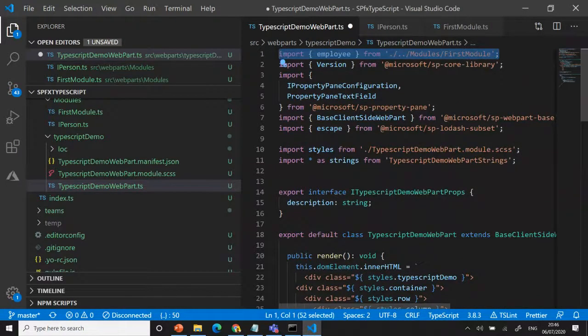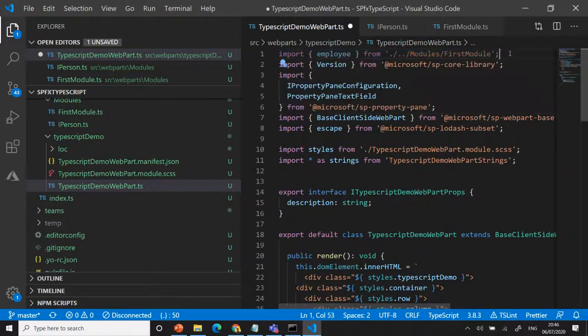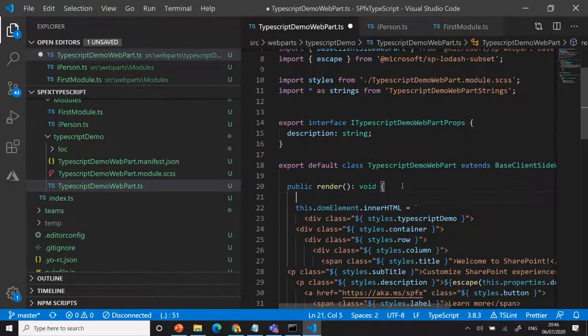The class name you can get in our Visual Studio, it will identify and bring it, or you can directly type import and everything, also fine. Once you type the class name, it will bring the corresponding import model data. You are importing the class, same as in C# we are doing.